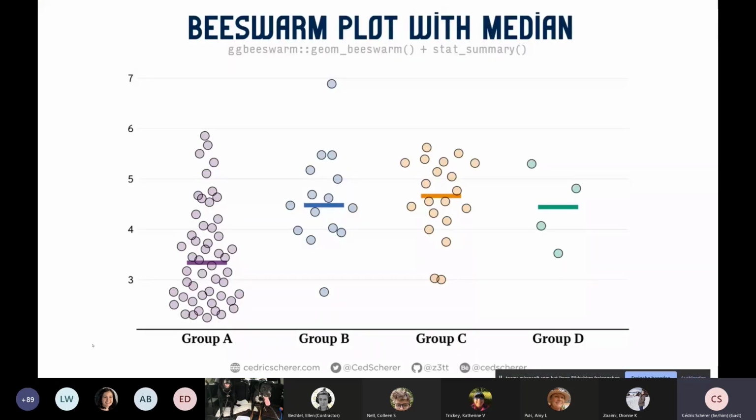So one of the simple ones would be, for example, to any, doesn't matter if a beeswarm or quasi-random or a jitter or Zener plot, you could add just the summary, for example, the median here again. So we just, again, with the shape 95 can draw a line where the median lies. And of course, we could also make some error bars to indicate the standard deviation, standard error, or interquartile range. So we would have both the raw data, so we could directly see that the group D has a very small sample size compared to the others, but we could also directly see that the group A has the lowest overall median.